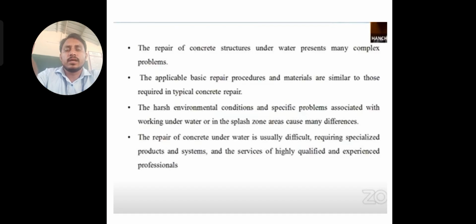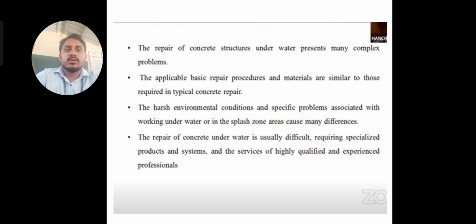So we already discussed the repair of concrete structures, where many complex and very difficult problems happen. Whatever the basic repair procedures, whatever the procedure for repairing those damaged portions, and whatever the materials, those are similar to what is required in typical concrete repair. Generally above water, which means on the surface, we have constructed so many buildings and structures. So whatever the repair materials and repair procedures used, the same similar procedure is also used in underwater concrete